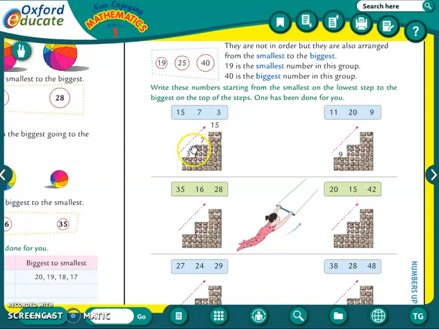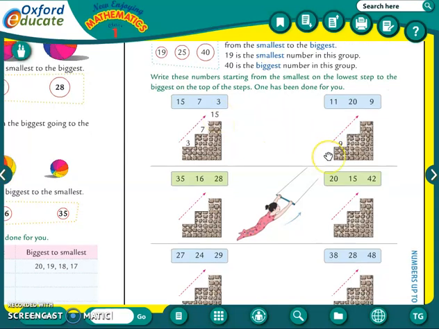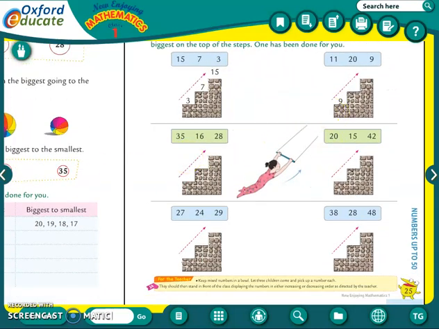Okay, so we have to go from small to big, smallest number to biggest number. This is called increasing order. Increasing मतलब बढ़ना. It is increasing. Number छोटे से फिर बड़ा हो रहा है, तो we have to go from down to up. Similarly, see, these are the other sums. In this also, three numbers are given in the box. 11, 20 and 9. Which is the smallest number?